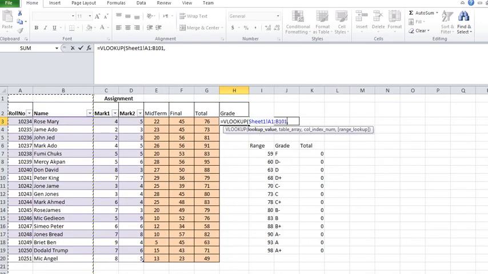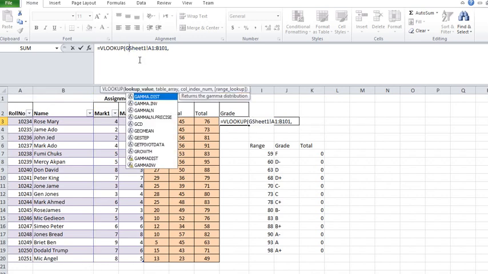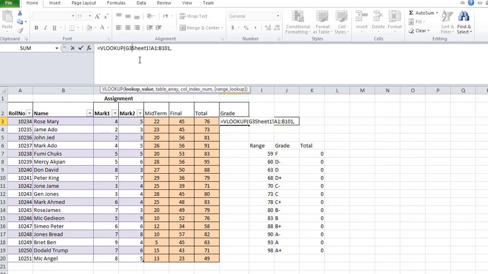Sorry, the other one I have to indicate by typing G3. If you look up at this particular scale, not sheet 1, it should be the scale sheet, comma,